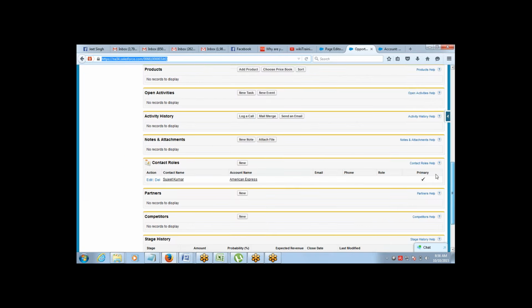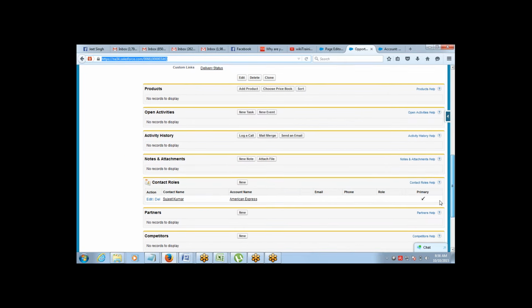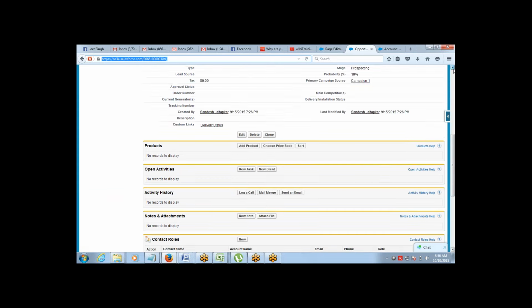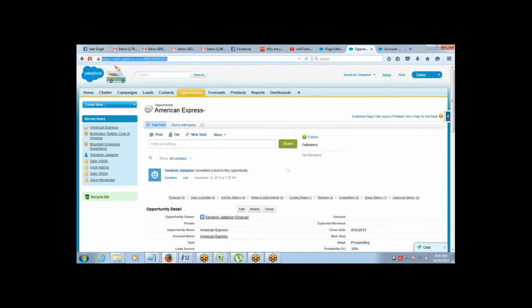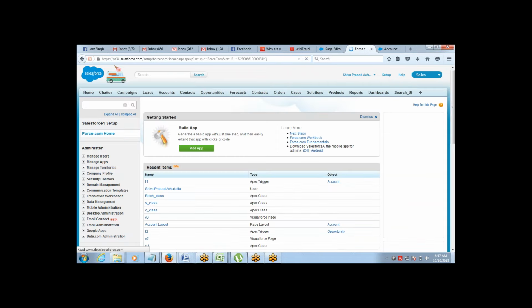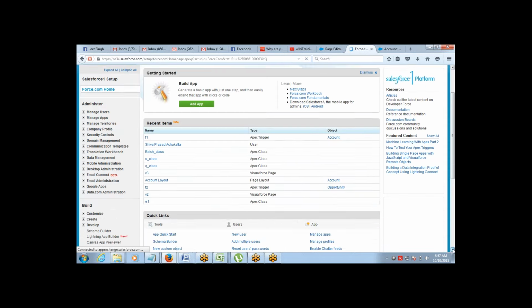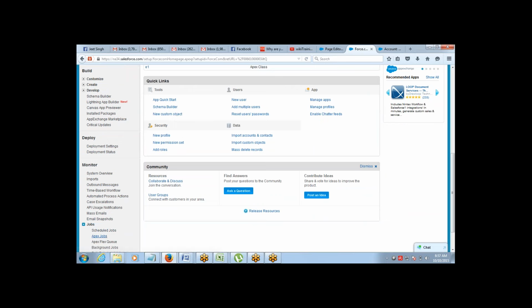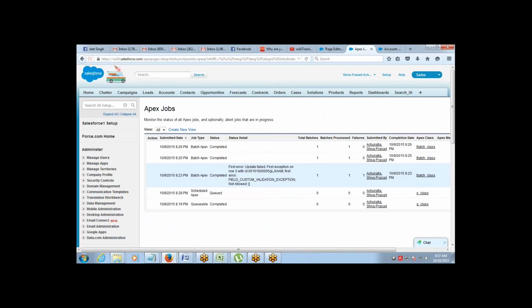When you go to setup, and from there go to monitor, that's what we are doing in monitoring Apex jobs. If you go here, it will tell you that the batch has run, but this is where the problem is.